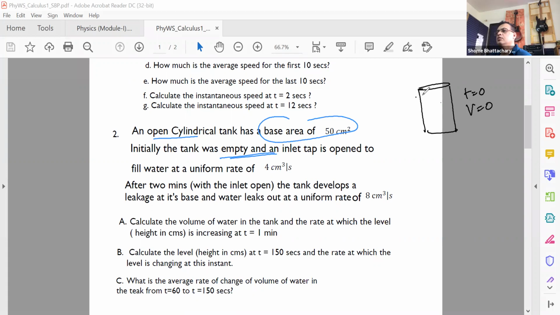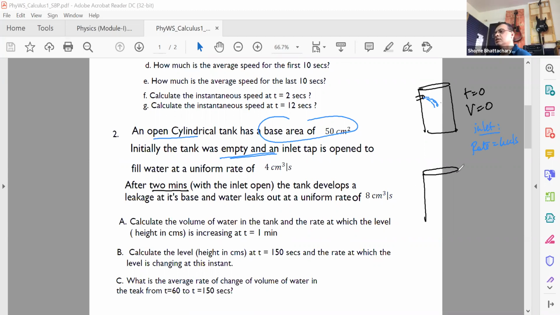But we also have an inlet pipe from which water starts to pour in at a rate of 4 cc per second. And this situation continues up to 2 minutes,